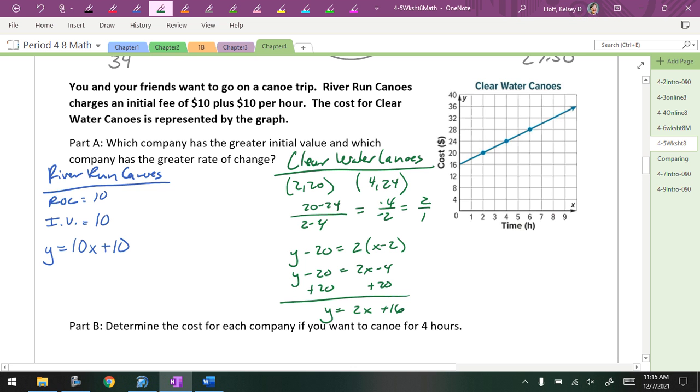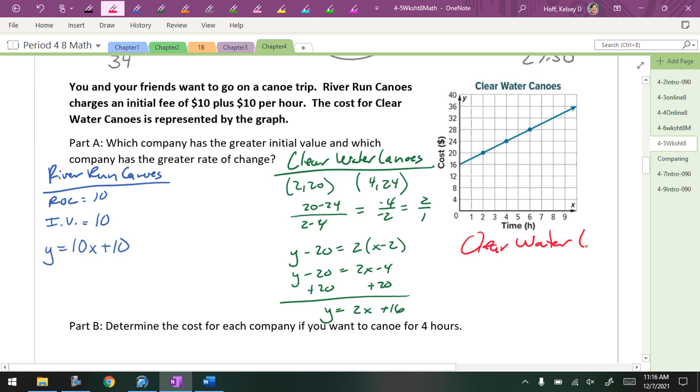I got y equals 2x plus 16. Anybody else? Yes? Couple? Okay. Which company has the greater initial value? Clearwater Canoes? Which company has the greater rate of change? River Run Canoes, right? So you pay more to start canoeing with Clearwater, but then you pay more per hour with River Run Canoes. So you would say